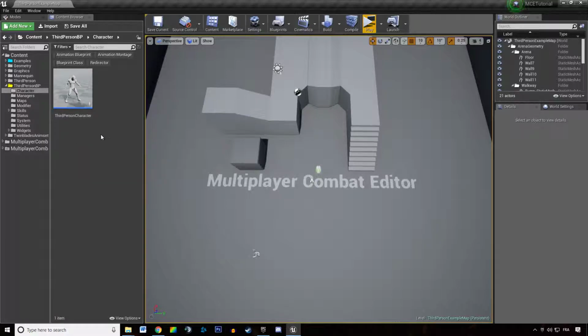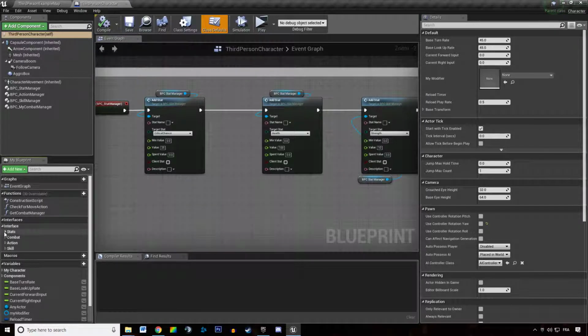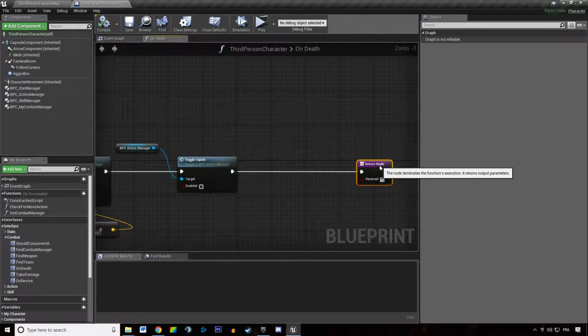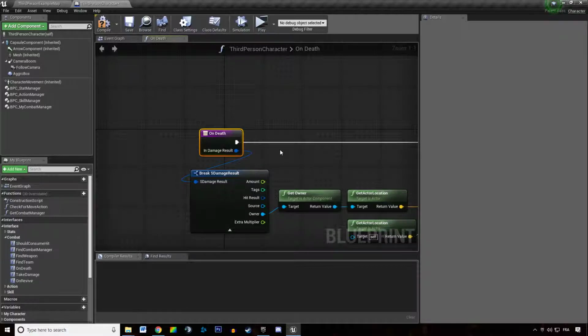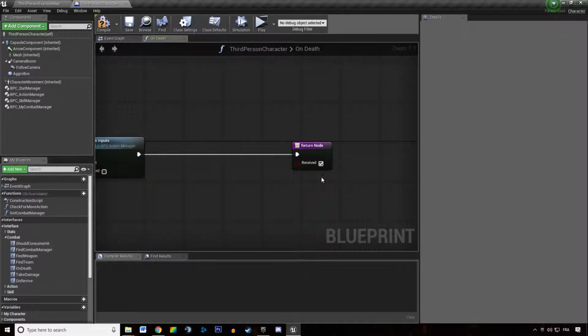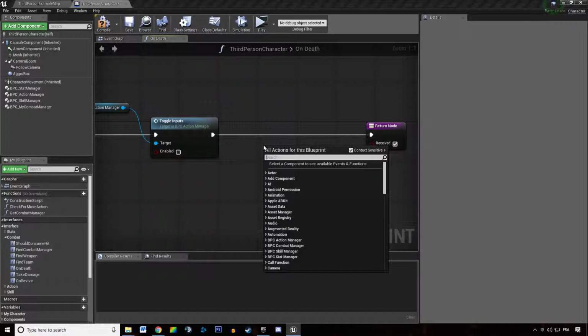We are just going to open up our character. And then we are going to add towards our onDeath function in the interface category. And then what we want to do here is check the box received in case it wasn't checked. Mine wasn't checked for some reason. I didn't know why. Maybe because of the updates. And then you want to call